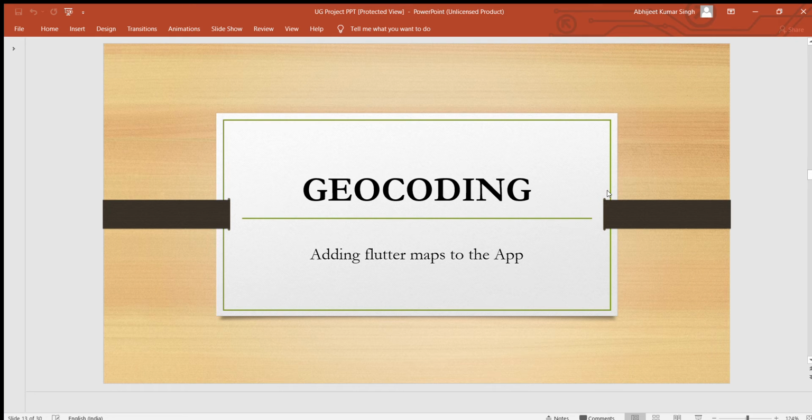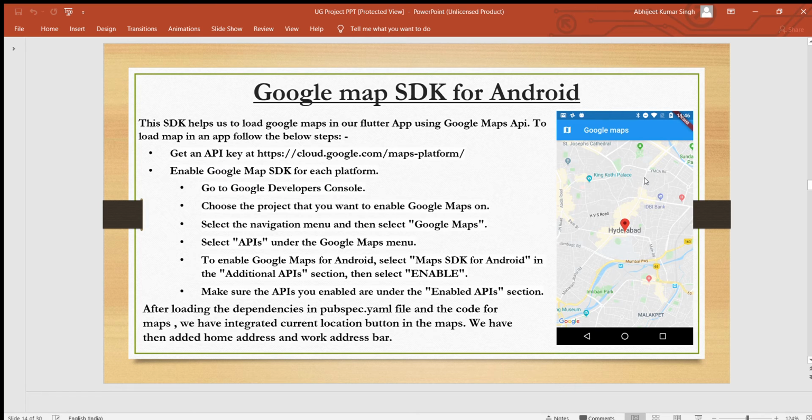So the next part of our app is geocoding. In this, I'll try to explain various parts, such as how we have to include Google Map into our app, then how to include various APIs such as Places API, then how to draw polylines. So let's get started. The first and I think the most important thing is how to include Google Map